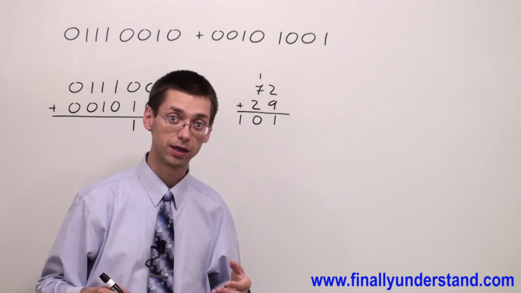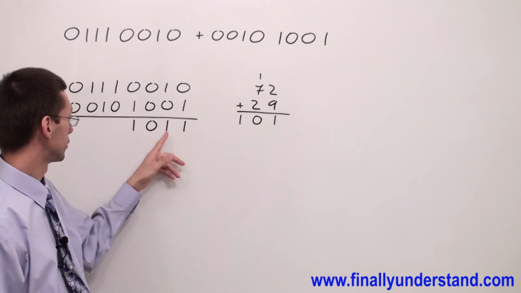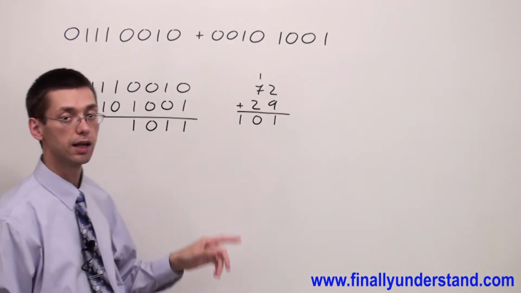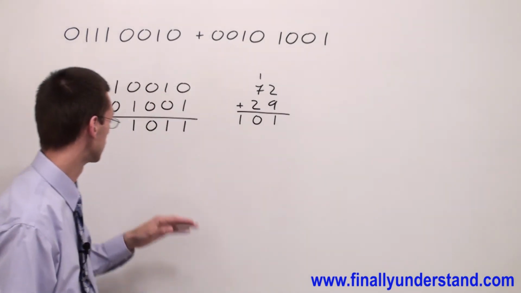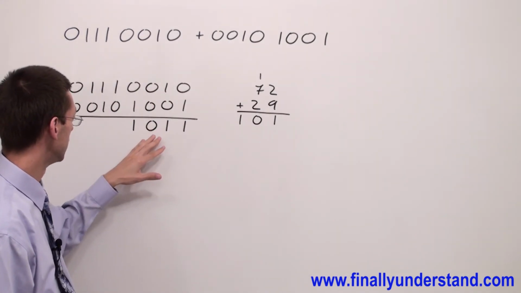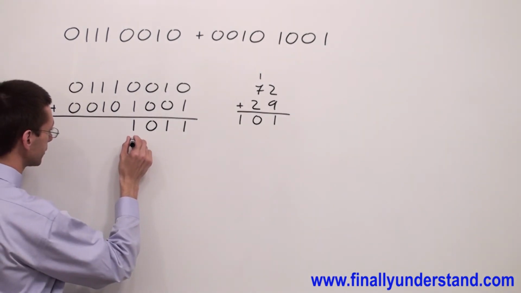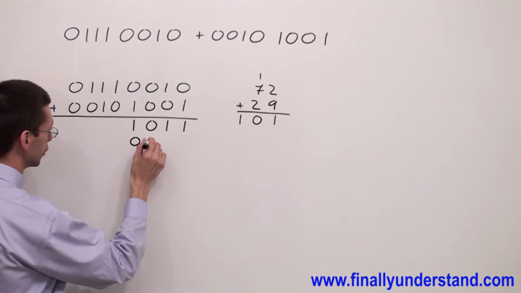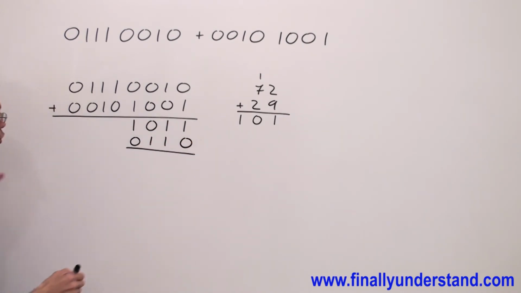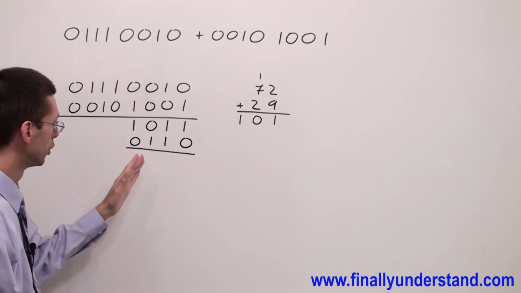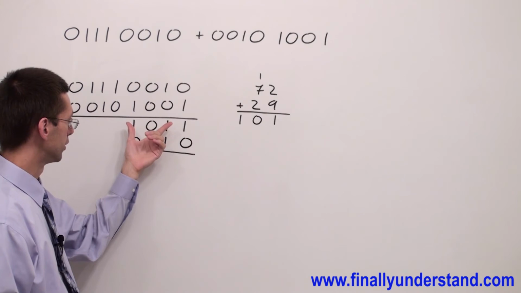But the decimal digit, the greatest one, is 9. This is binary 11. So we get a value greater than 9. Anytime you get a value greater than 9, you're supposed to add 6 to it. So I'm going to have 0, 1, 1, 0. And before you continue with your addition, you're supposed to fix the situation with this value,